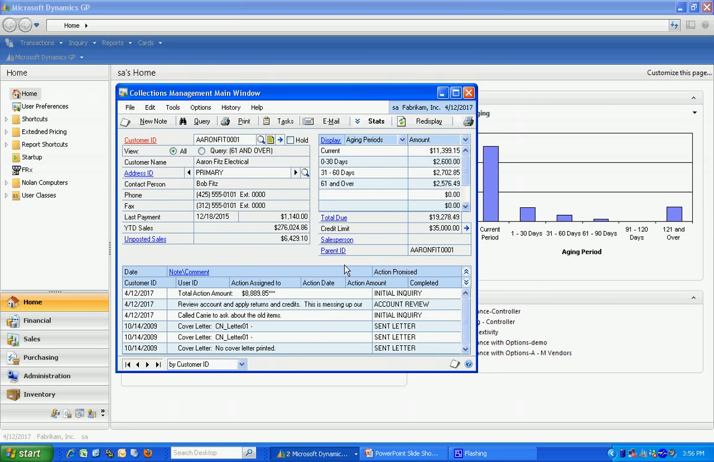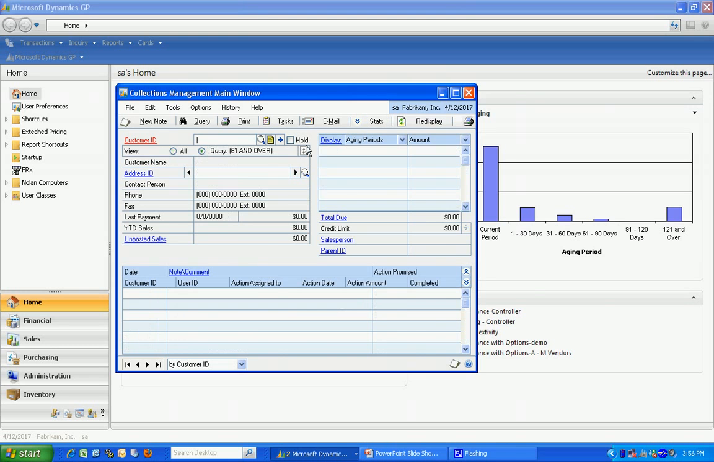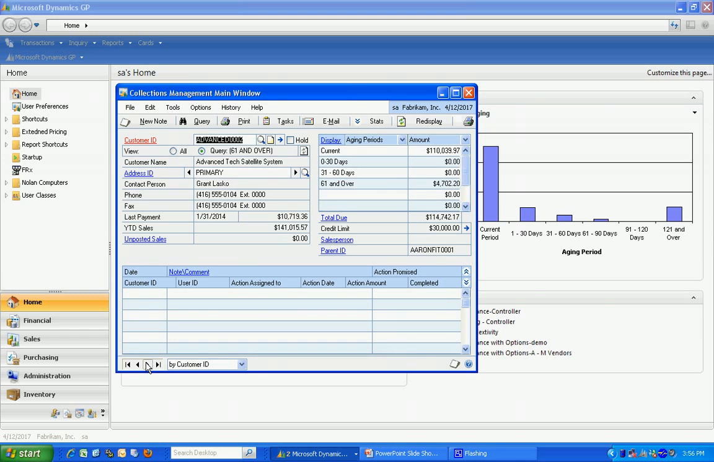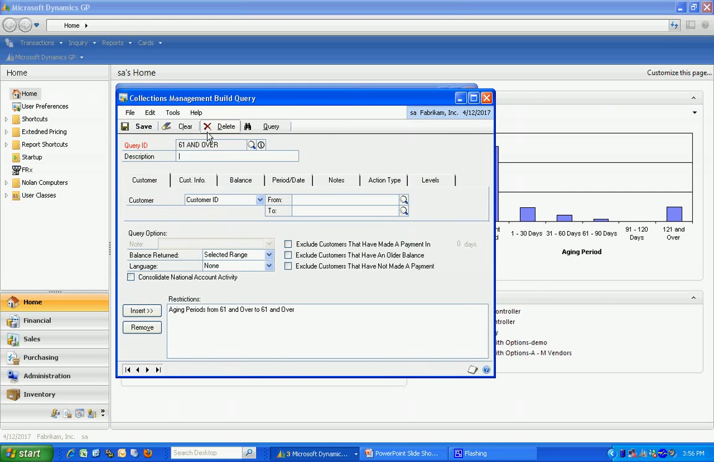The second thing I like is I can create queries to look at separate groups of clients. Here I've got a query, and I can refresh that query, and I can see all the clients that fall into that query. It's really very easy to make a query up. Let's do one right here. I'm going to open up the query window. I'm going to clear this one and create a new one. And I'm going to create a query for over 60